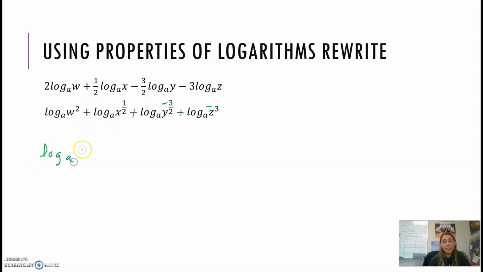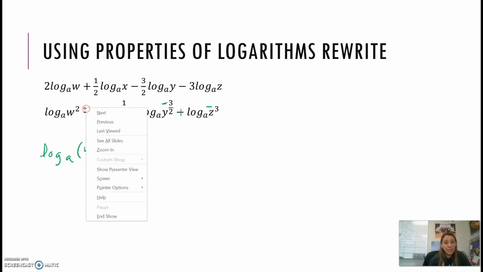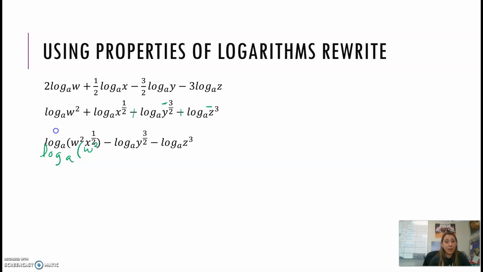So log base a, have my parentheses, I've got w squared, plus means times when I'm rewriting, so times x to the 1/2, then I got another plus, so times y to the negative 3/2, plus another one, so times